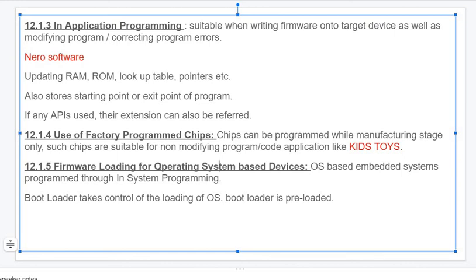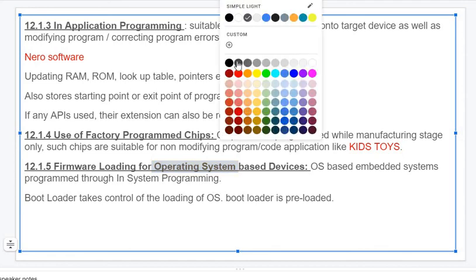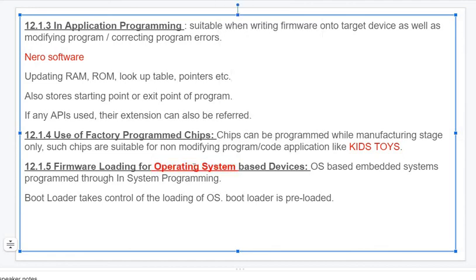Since we are using a special OS for the embedded system, whatever we want to do is stored in the OS itself. So take a memory, load the OS, and whatever is there in the OS, according to that we need to act.